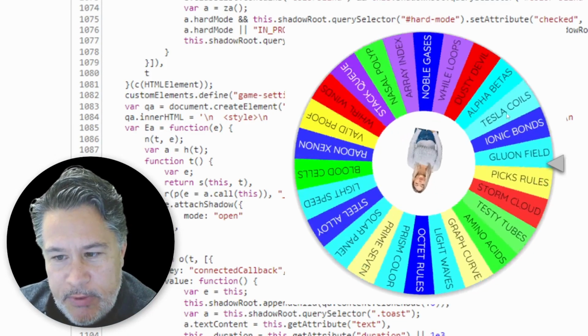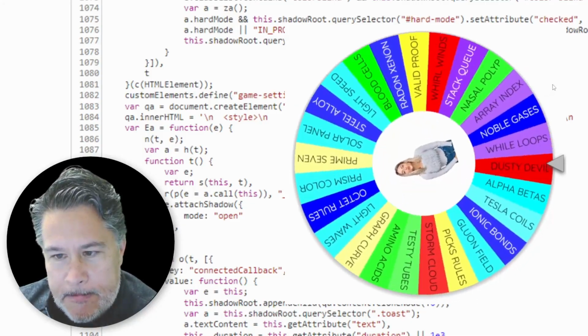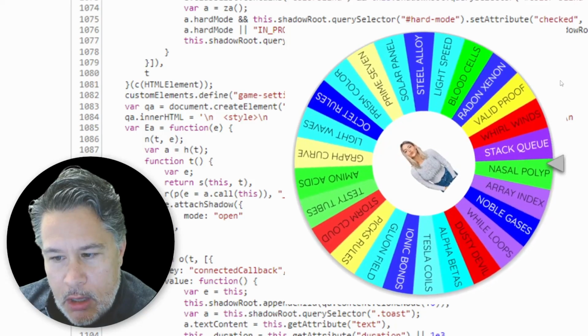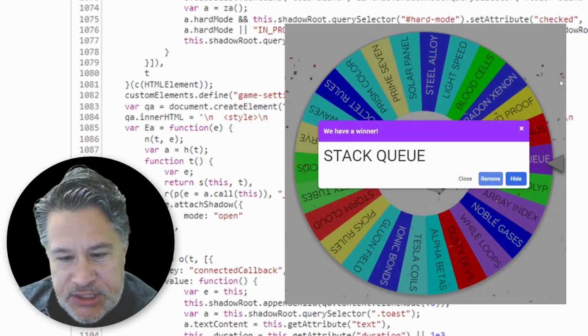And let's go ahead and spin the wheel. Let's see what we're going to be entering in for today's Wordle. It's going to be Stack Q. Ooh, now that's a cool one. Stack Q,